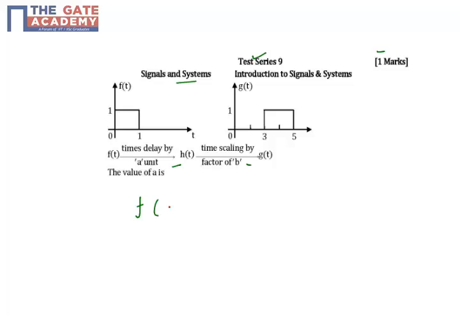So time delay by a and scaling by b. So basically I am doing it by making it f(bt + a), right? I'm doing a scaling by bt and time delay by a, and this f(bt + a) should be equal to my g(t), right? So now if I take b as common, it will be f(b(t + a/b)) should be equal to g(t). T plus a by b of f(t).